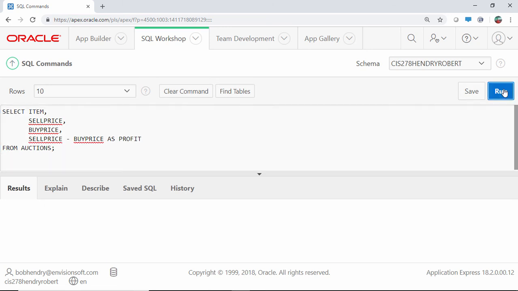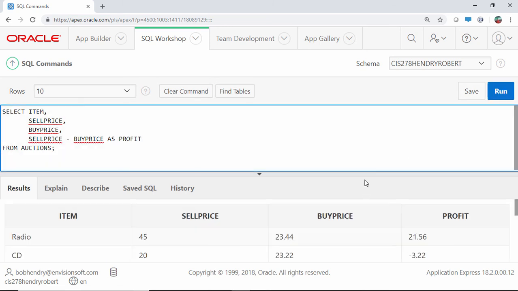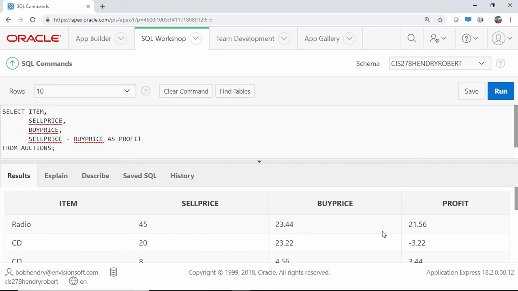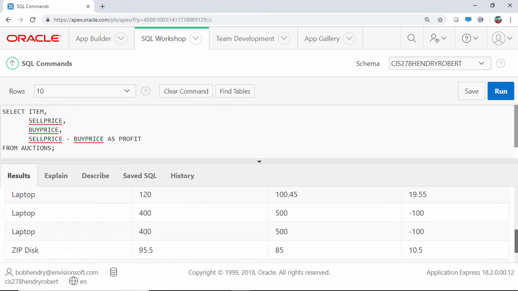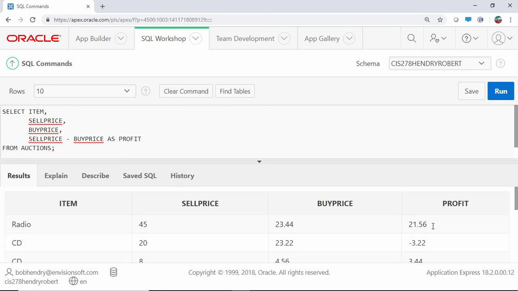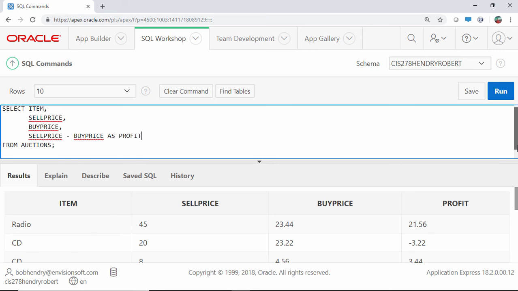So this is going to list us basically this stuff here. It's going to list us our sell price and our buy price and our profit. So what we want is to show just which item sold for the largest profit. Now again, we can sort this if we want, but basically let's write a SQL statement that'll do this for us. So we're basically looking for this guy here, radio for 21 point whatever. We could do the following. We could say, how about this? From auctions, and we could say, where